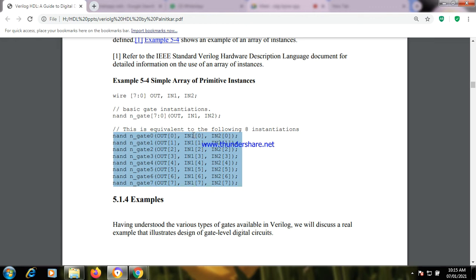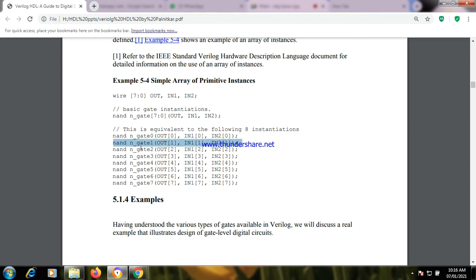In 1 is the first input, in 2 is the second input, of which NAND gate? Of the 0th NAND gate. So n underscore gate 0 means we are in NAND gate 0. In this NAND gate 0, IN1 0 and IN2 0 are the two inputs, and out 0 is the output.